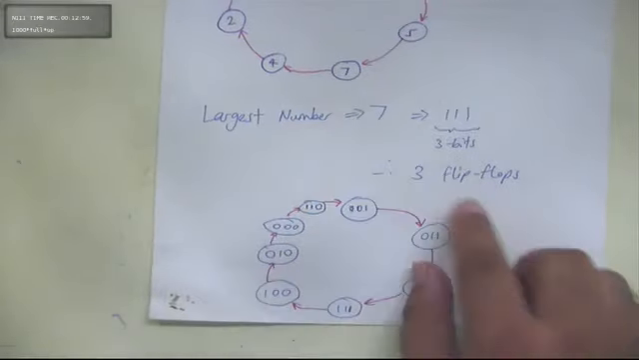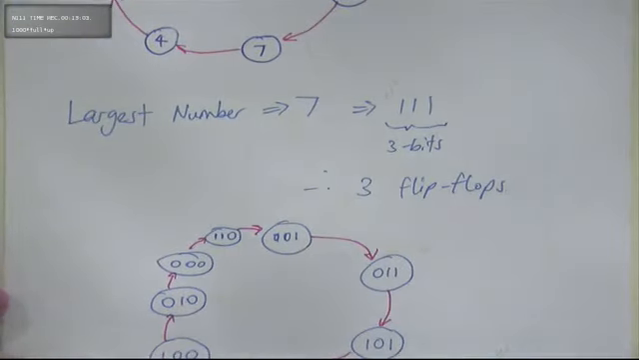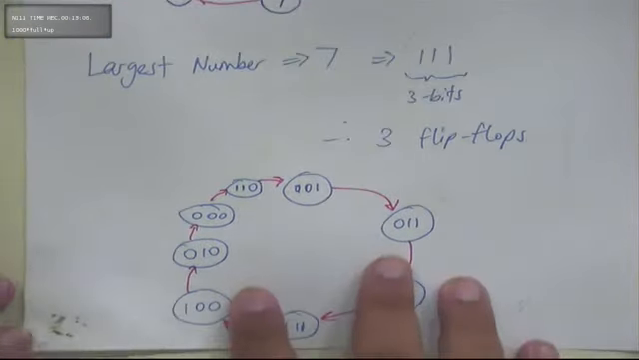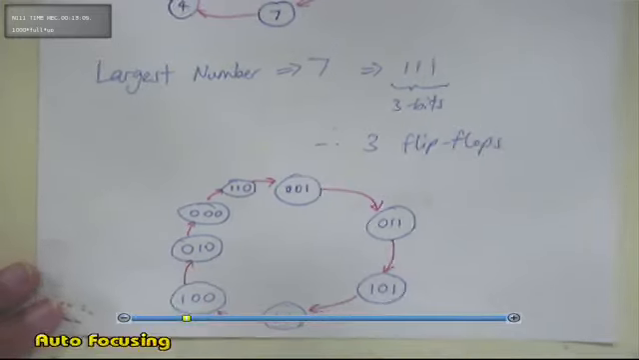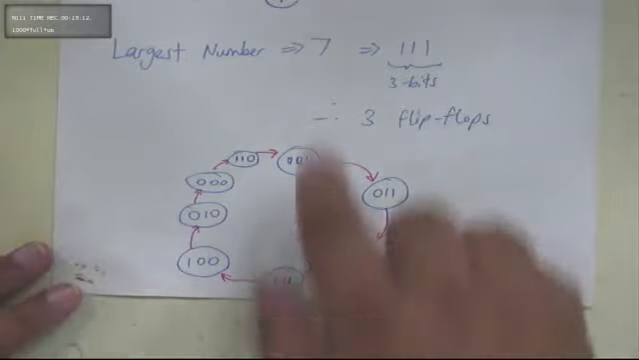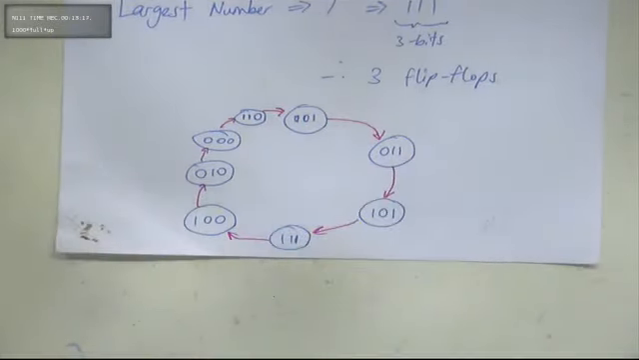Largest number is 7, so we use a 3-bit system. Now, the next thing is, if the largest number is a 3-bit system, we go in this direction. So that means we'll use 3 flip-flops. Now, if you look at our table,